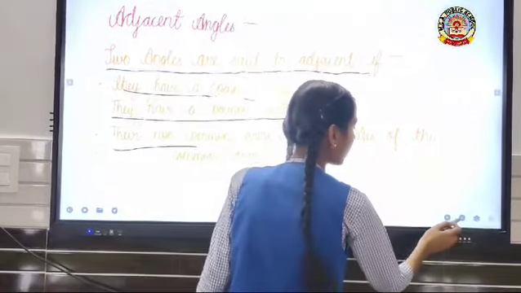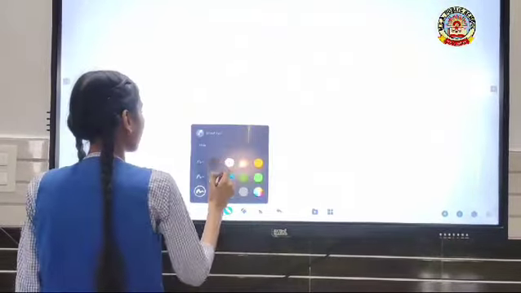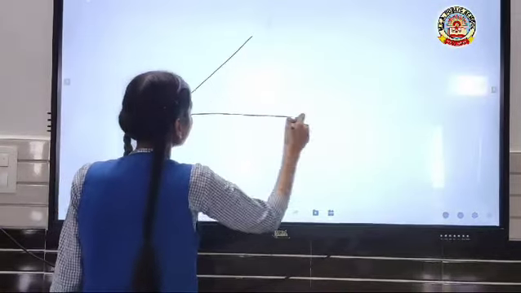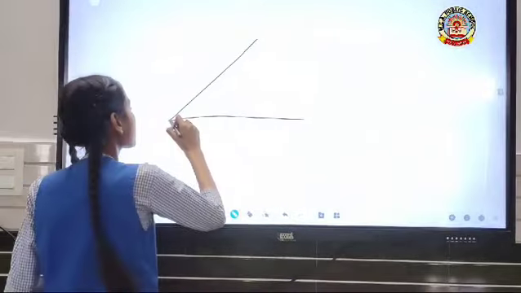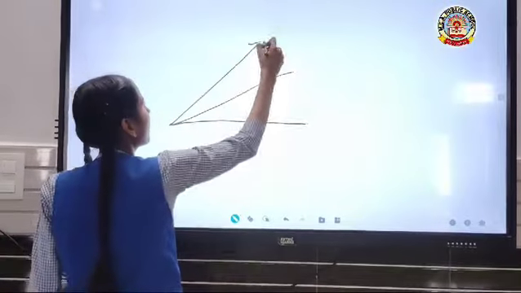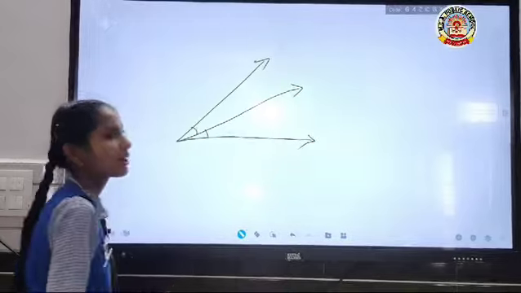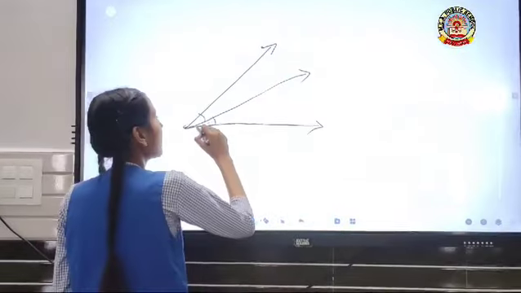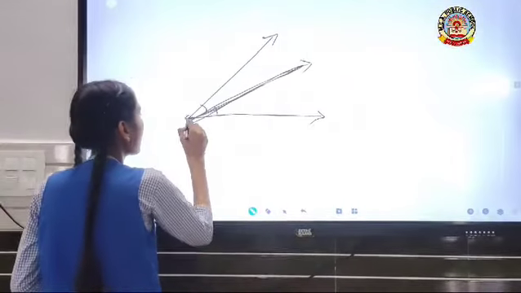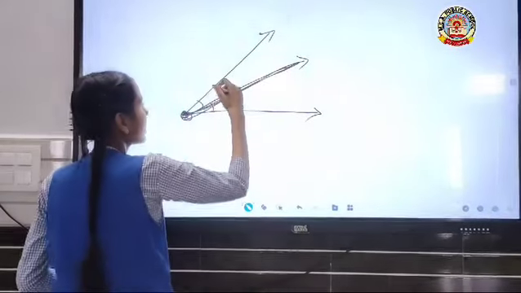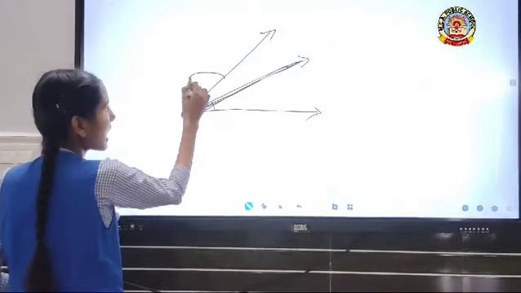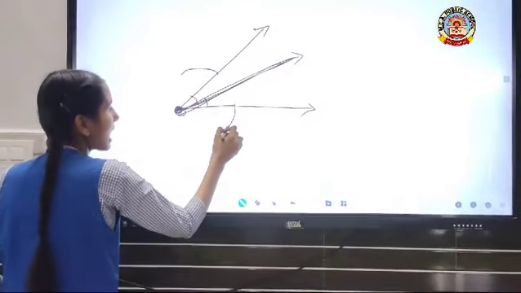For example, this is an angle and there is one more angle. These are adjacent angles, they have a common arm, a common vertex, and their non-common arms, means this arm and this arm, are on